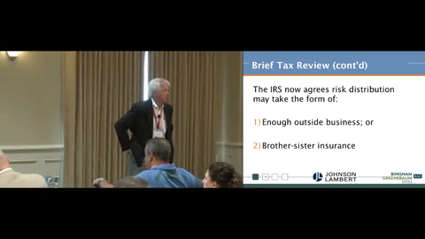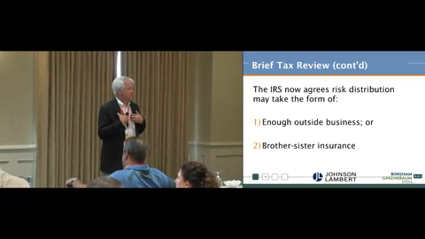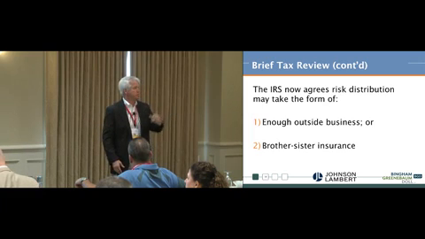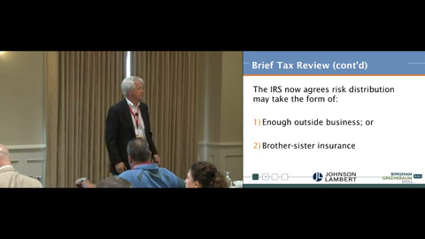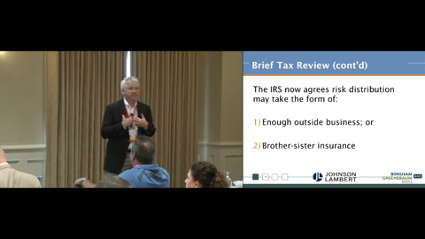You've set your captive up, then I set my captive up to write insurance for me, but then I go to Chaz. Chaz puts some insurance in there. Kevin puts some insurance in there. Bill puts some insurance in there. Eventually, I've got enough unrelated business to mine to qualify as outside business.